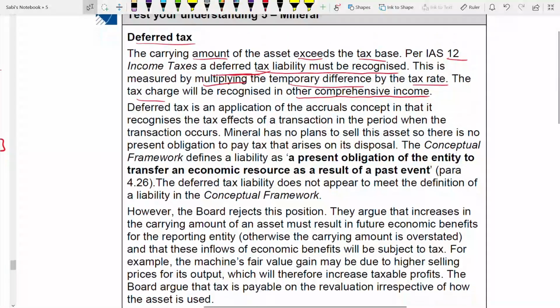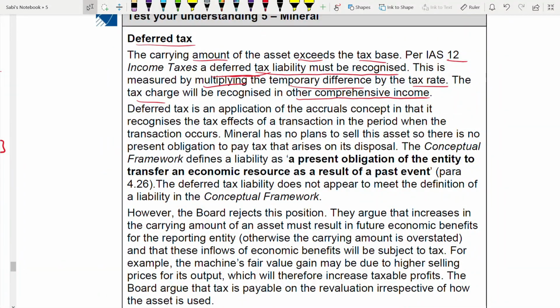Second paragraph. What does the second paragraph have to do? You have to link this with the conceptual framework. Before linking, you should know how to come to that point. You cannot straightaway say, under the conceptual framework, this is the asset, deferred tax liability. You should know that linking point. How? From the conceptual framework. First of all, deferred tax is what? It's an accrual concept. Talk about this.